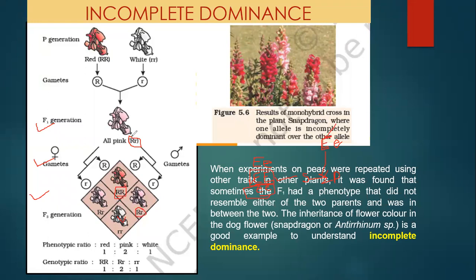This capital R is producing a red color, and this small r is not very dominant, but it is a variant of this capital R, and it is producing a bit of white color. So both are expressed at the same time, but not completely. What has happened? This red color got mixed with this white color, which is leading to the pink color, which is an intermediate color. So there was a blending of the expressions of the red gene and the white gene, because of which you have obtained a pink colored flower. That is called incomplete dominance.